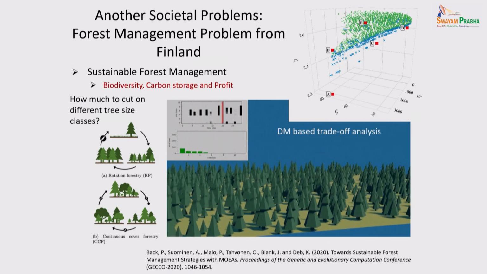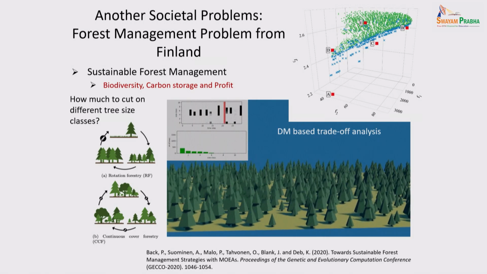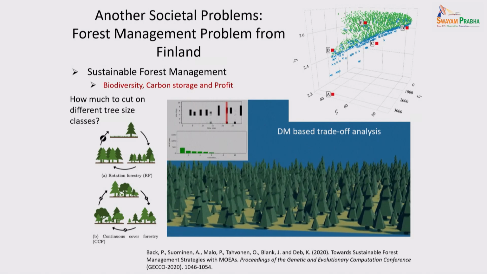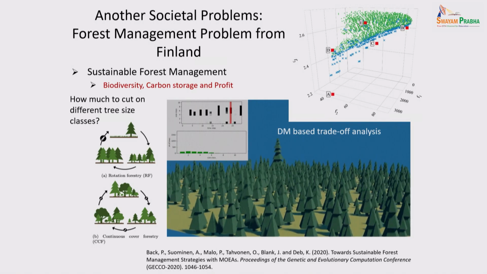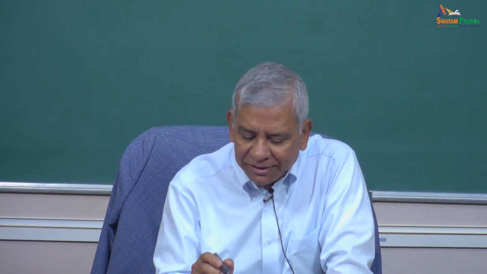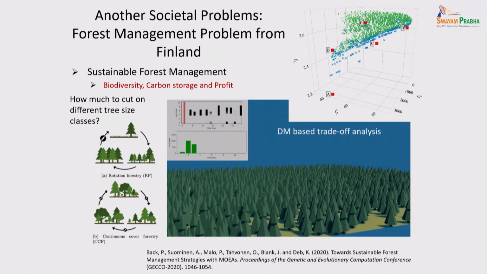So the idea there was that if they don't cut the forest, that means cut the trees, new trees will not grow. You need the sunlight to come down, right? So the question is, how do they cut? What do they cut? To what extent? Because there are a lot of different species of trees, and they know about it. So which to cut? So we have this GA solution you see here.